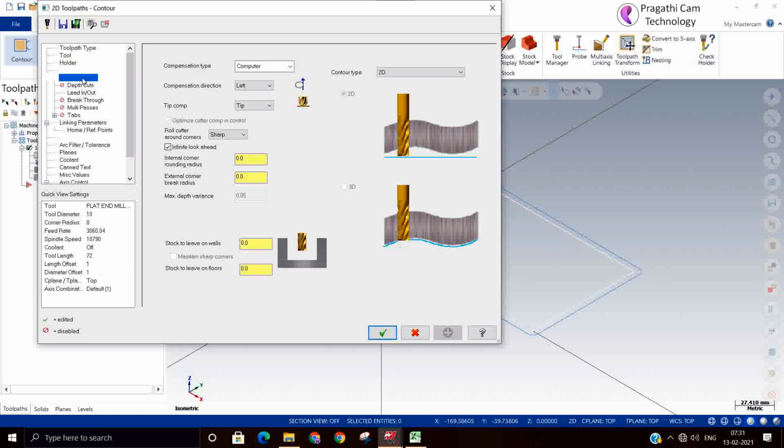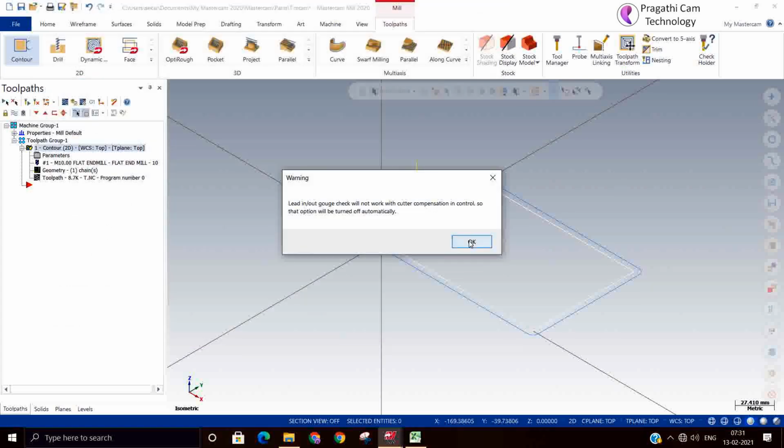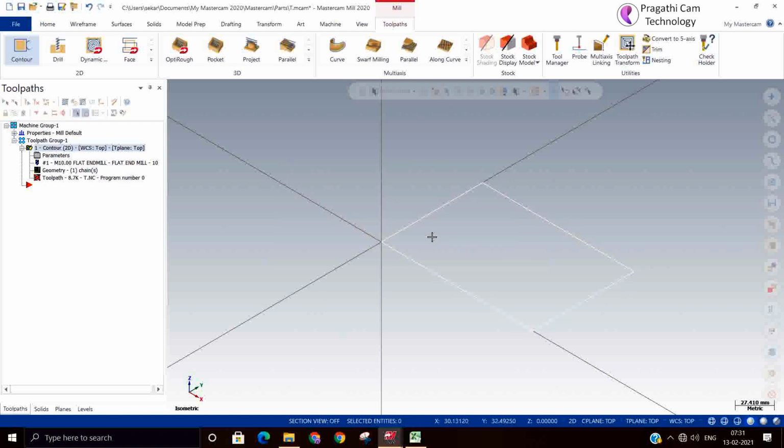Now you can see that I just regenerated. Now you generate the NC file.